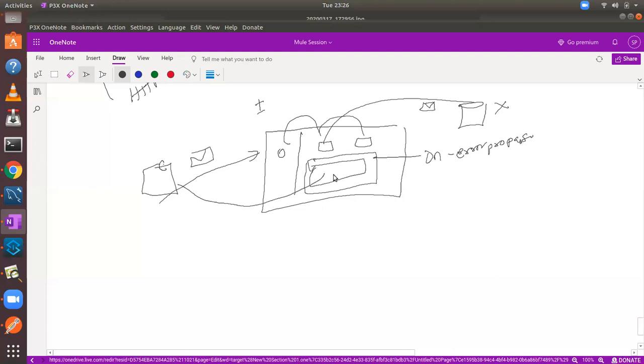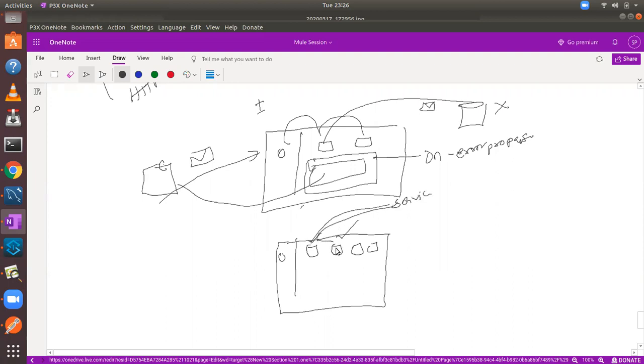Okay. Now try to understand on error continue. So if there is a flow, and in this flow the first two operations are very, very important. You call some third party service, you get a response, and you need to insert that response into a database.